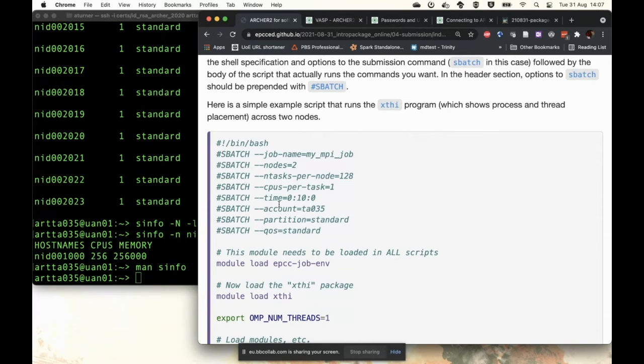You specify the amount of time, the maximum wall time that the job can run for. This is 10 minutes. At the end of 10 minutes, whether your job is finished or not, it'll be killed by the job submission system and stopped. The account to charge the project to, in our case, is TA035 because that's the name of our project. And then the partition and the quality of service